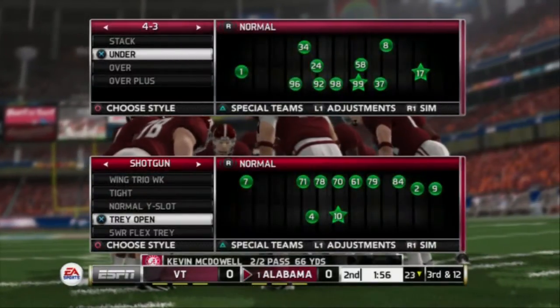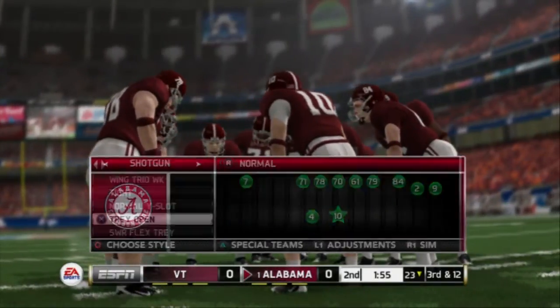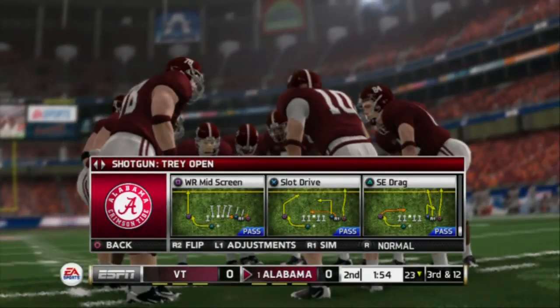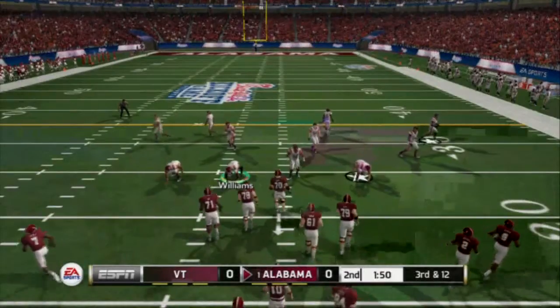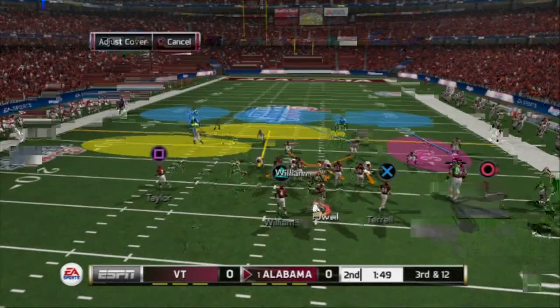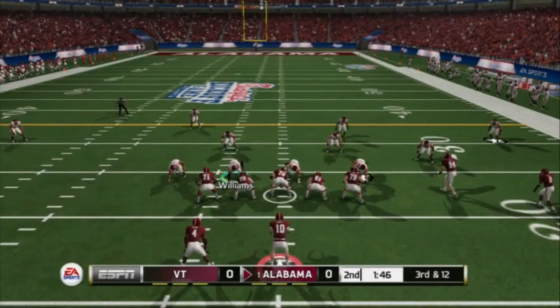Moving on to the next play we have in the scheme, we're going to start going through the audibles. This is mainly just to show you concepts. The Michael Cross would be what we would normally call in this situation, but for purposes of the video,